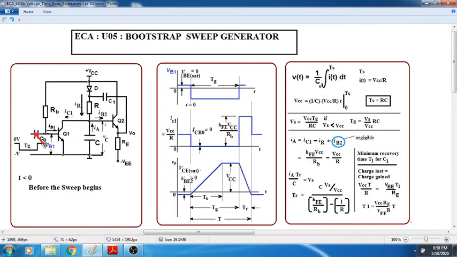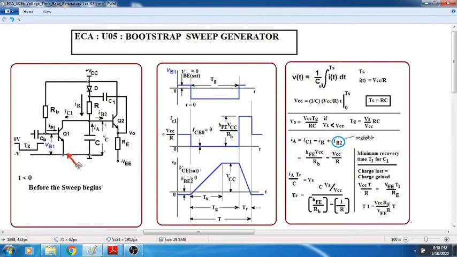Okay, now we know that this capacitor will be open and this base is connected to RB, so a current will flow through the base in such a way that VCC by RB will be making this transistor Q1 go into saturation. We will design like that. So VCC by RB will push the transistor into saturation, and Q1 will go into saturation. So assume that Q1 is in saturation.